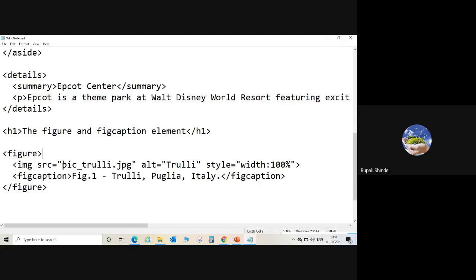Then style is equal to width. We have to put 100% width. That means the image is displayed at a width of 100%. Then figure caption, with the help of that we can add the name of your figure. Figure caption, then figure dot one, the name of your figure, whatever name you want to write, and you close the figure caption, and then close the figure, because figure and figure caption have to come with each other. So we add the figure, then add the name of the figure in the same tag, and at the end close the figure tag.